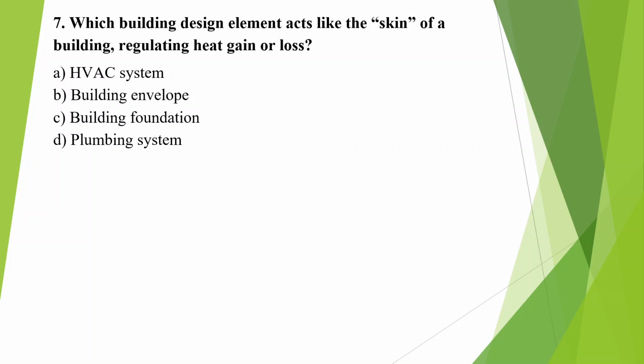That's why it is talking about heat gain or heat loss, because the building envelope, the wall and roof, are obviously responsible for controlling the heat transfer between the indoor and outdoor, and help in heat gain or loss. That's why they are the skin of the building, like the skin in our body. So with these